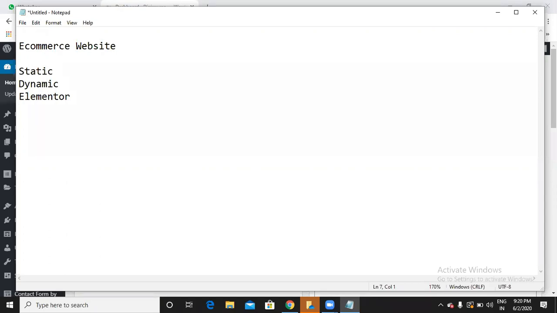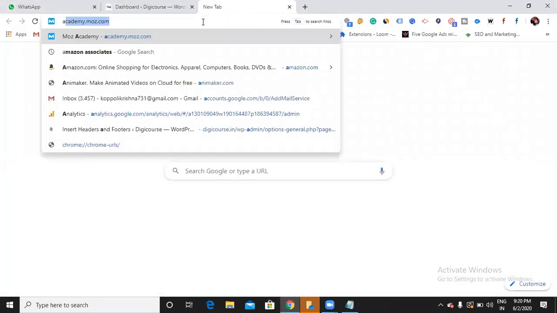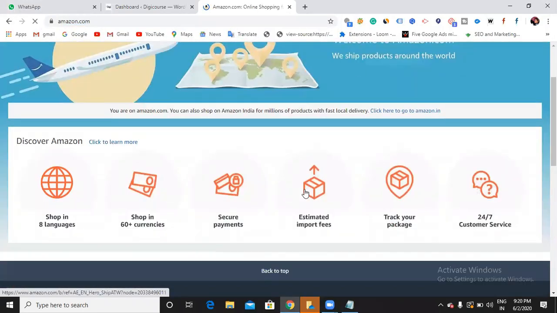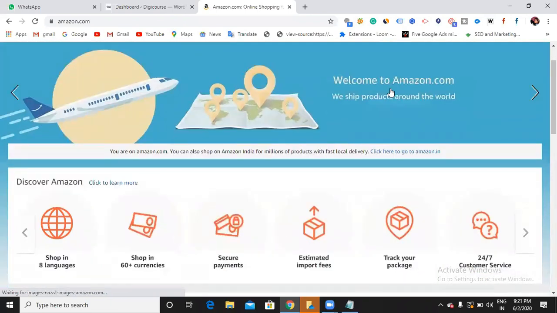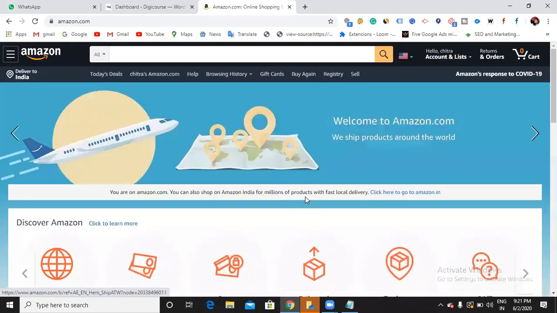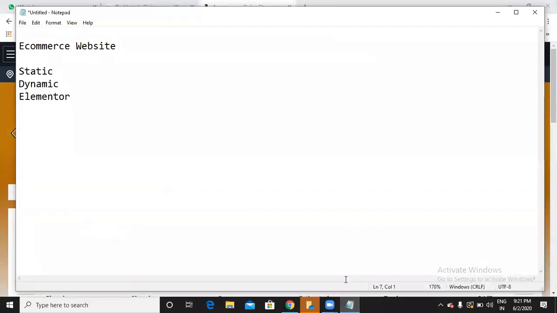E-commerce websites, you already know, are like Amazon and Flipkart kinds of websites. There you can simply purchase a product, add the product to cart, and check out. Everything you can do. That is called Amazon. You are already aware of Amazon, and we can purchase products there. So how can we create exactly these kinds of websites? Am I using any other different platform for creating an e-commerce website? We have only one source, that is called WordPress. With this only I have to create an e-commerce website.